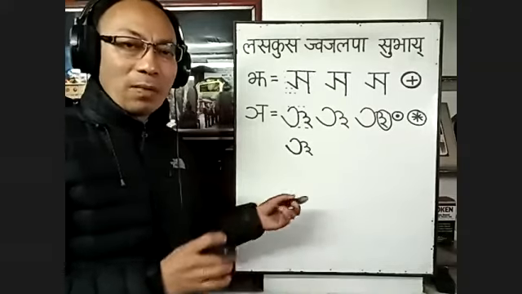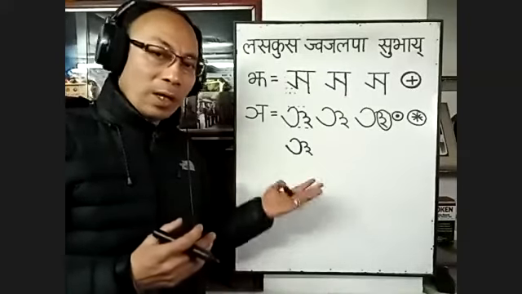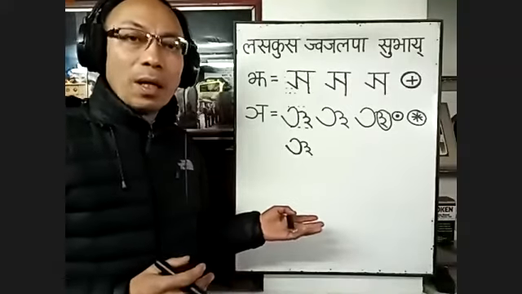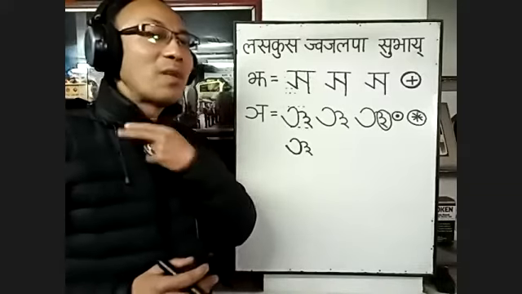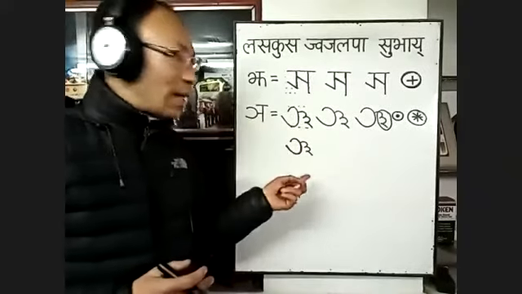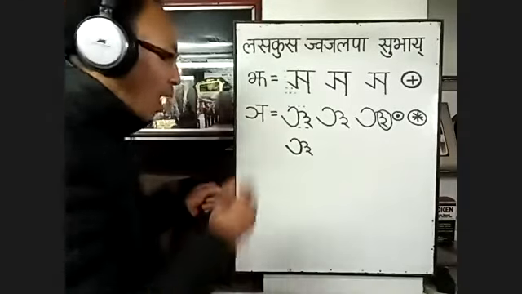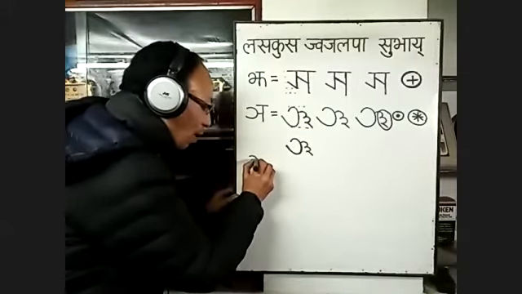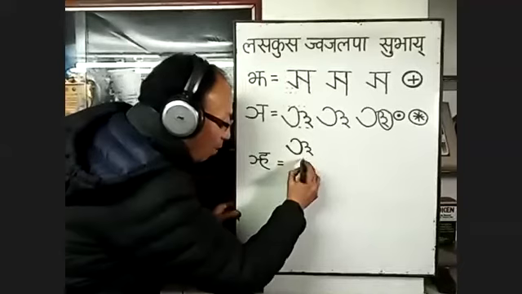I haven't heard that sound in other languages, but in Nepalbhasa it is widely used. It is more used, and it is the no. The sound is no, the same sound as how you pronounce the no, but this time it's a little bit nasal. So no, no. In Devanagari it is written like this. But in Nepal Lipi, how you write it is